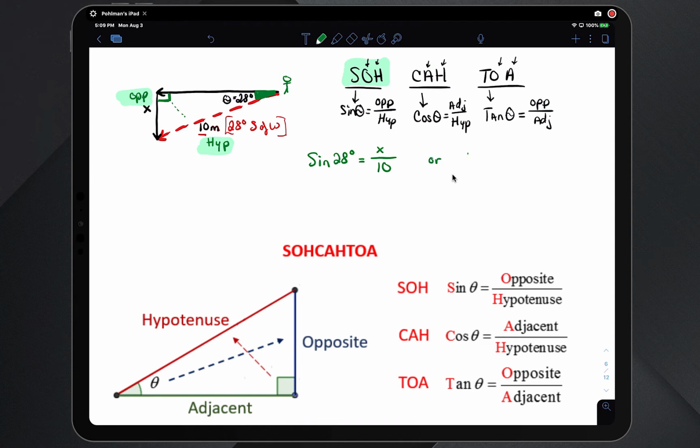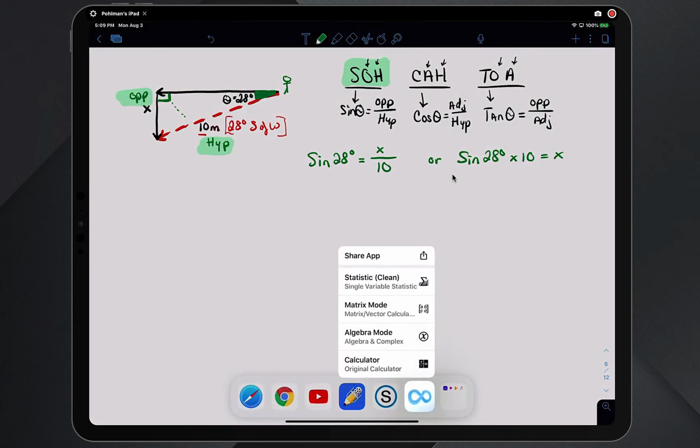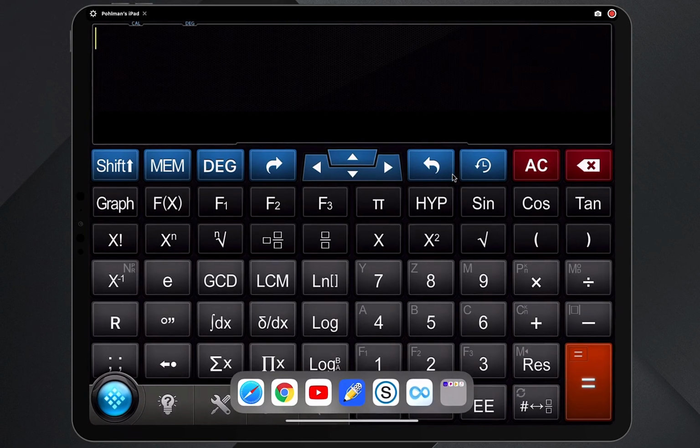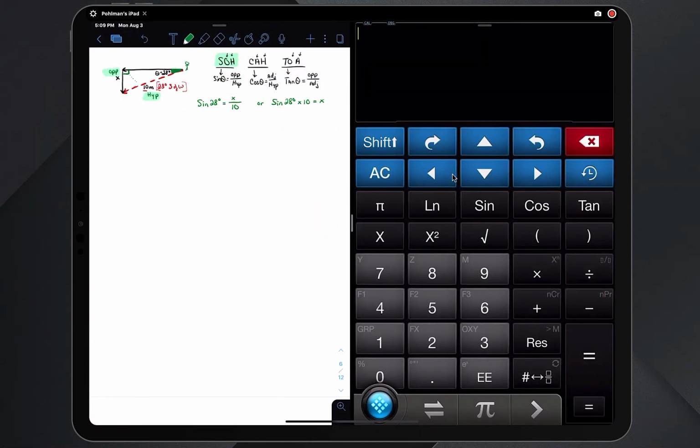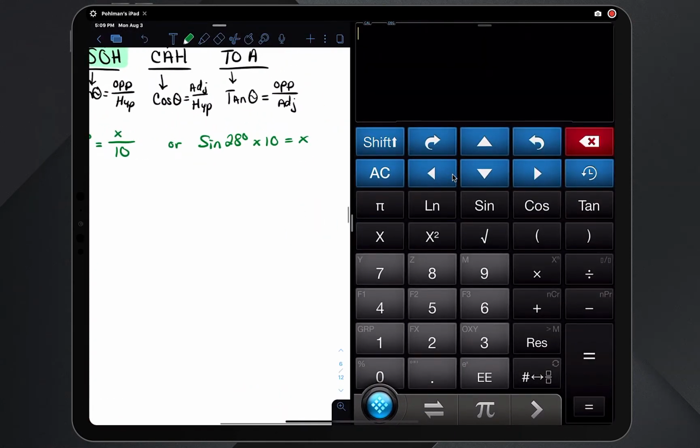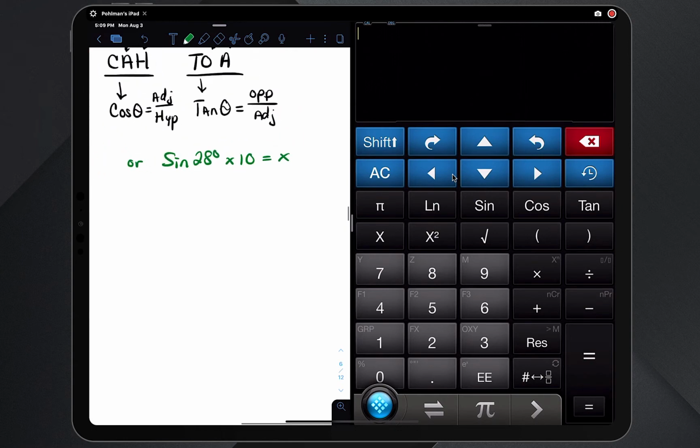So we're going to write this out. I'm going to put sine 28, and I'm purposefully doing this. I know that you could just put that into the calculator, but there is a very common issue that pops up. So let me show you what that is. If we have the calculator and we type it in just like this, where we type in sine 28, first off, what is that value? What's that trigonometric ratio? That's going to be a value of